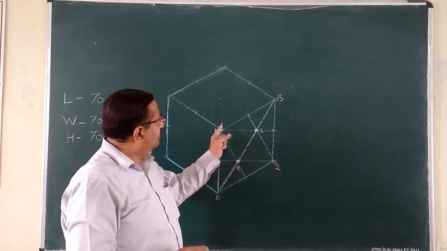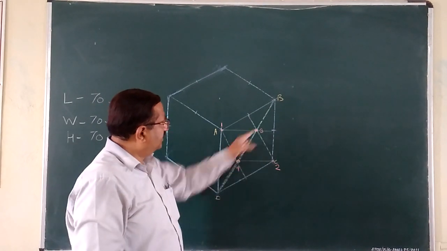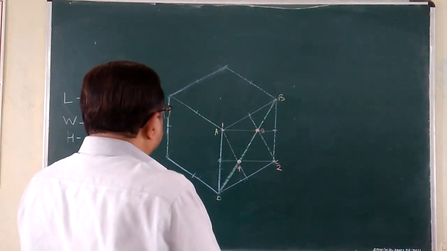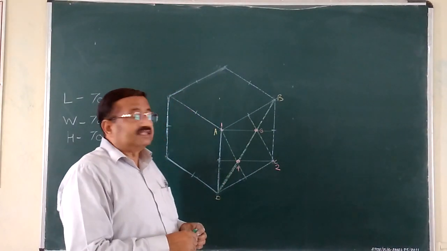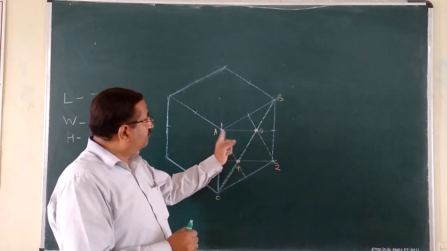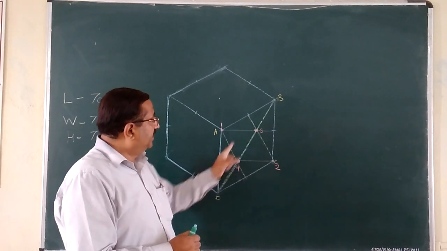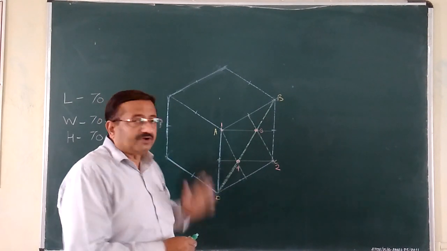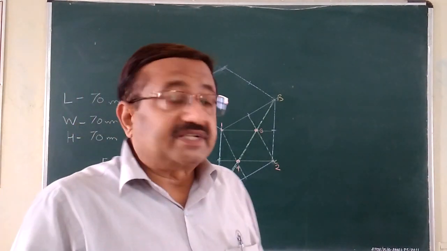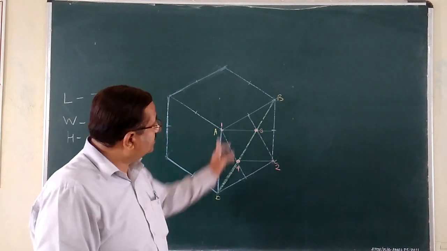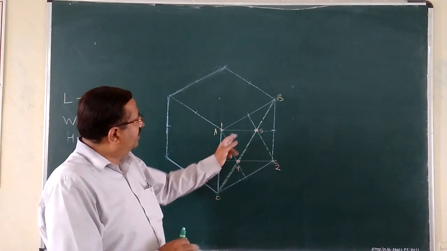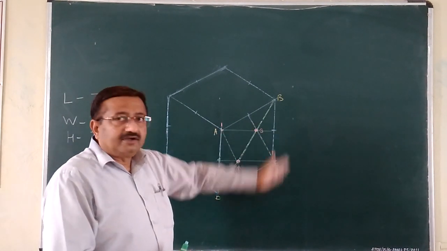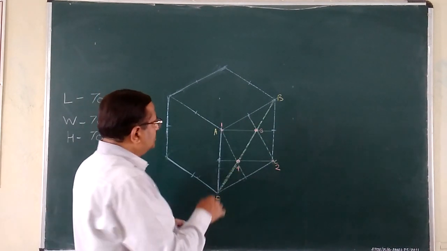So you can name them anyway, 1, 2, 3, 4. It is not that important, naming. The only essential thing is that you have to locate those centers 1, 2, 3 and 4. Now after getting these four centers, about 50% of the task is over. You just have to choose the centers, choose the radius, and go on completing the ellipse. Now first I will show you.